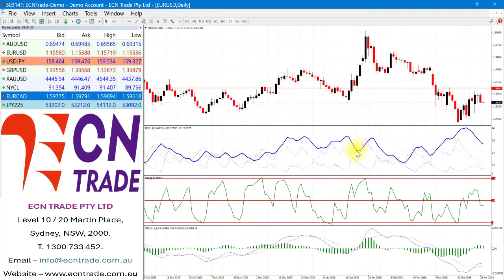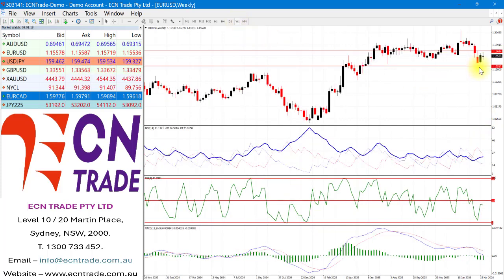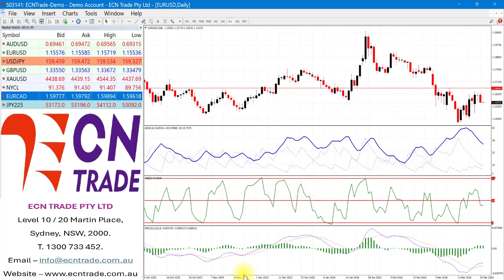Looking at the euro, well, the market failed to ignite any bullishness after the two engulfing candles, and there is still a little bit of risk to the downside. I feel that we may see a move towards the region of 114.5 and reassess from there. And from the broader scale, keep an eye on this previous call that was around 113.5. Technicals are soft on the weeklies and also on the dailies.